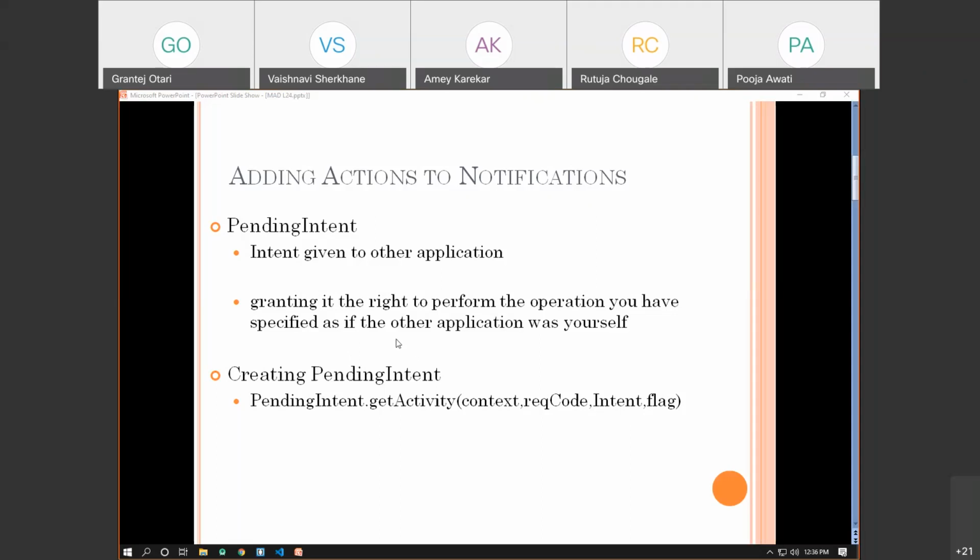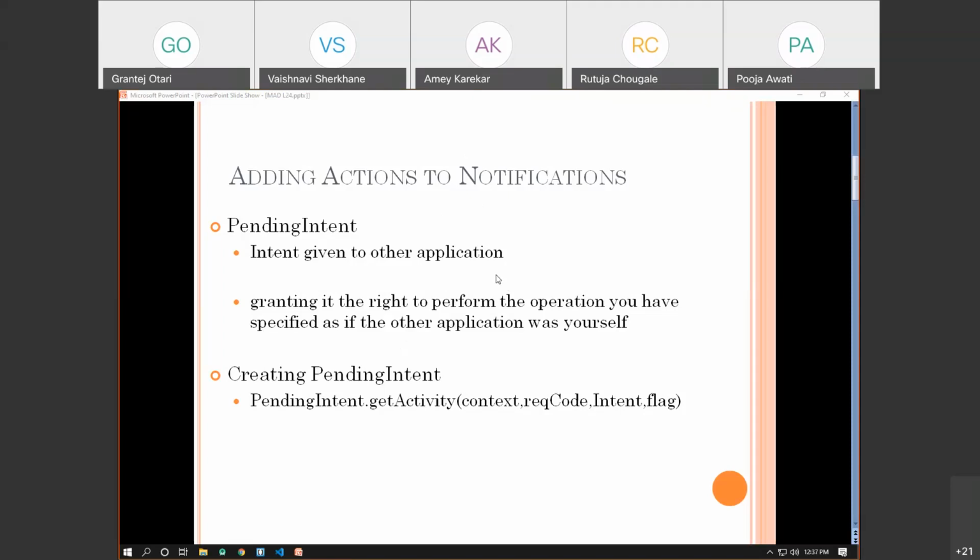For example, if the notification is about a WhatsApp message, then you might get two buttons, such as marking that particular chat as read, or replying to that chat. If an email notification comes as a heads up notification, then again you have two buttons: either you can archive that message, or you can reply to it. Whatever actions are visible inside this heads up notification are basically called notification actions.